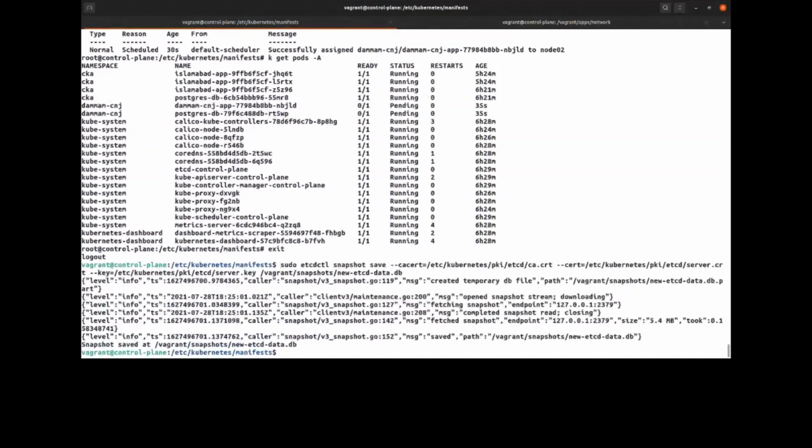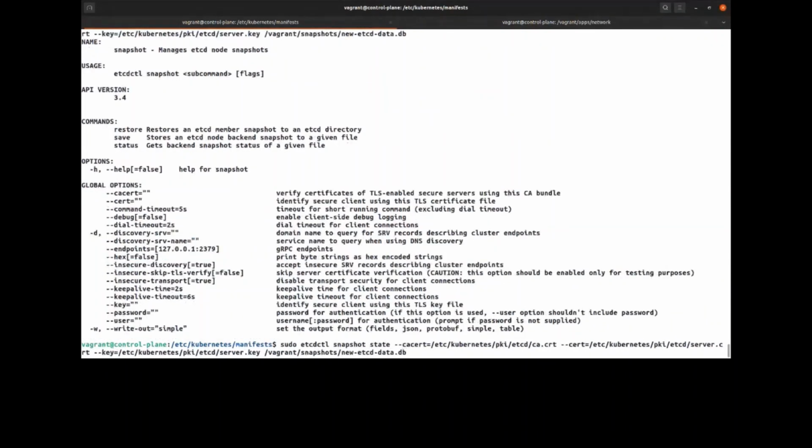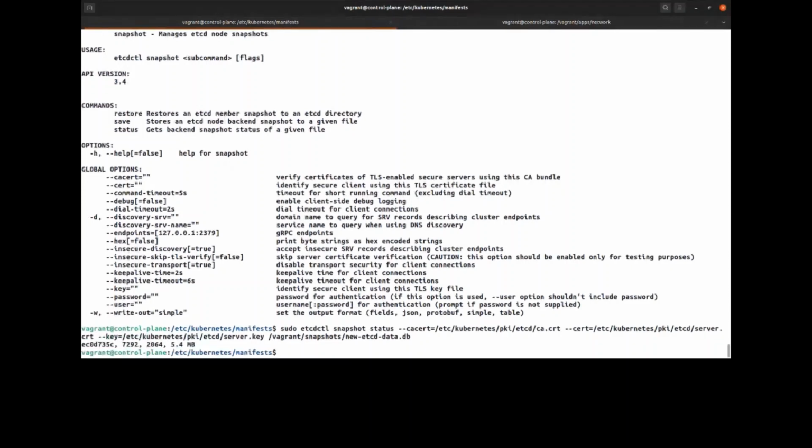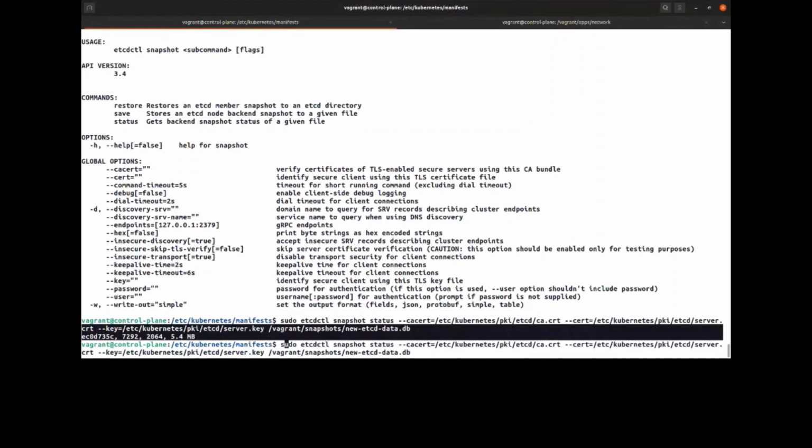And I saved it. How can I check? I go to the same command and I do status, sorry, not state. It is status. Okay, now you see the output. Maybe it's not really clear output. So one option that I like to use is the write out.